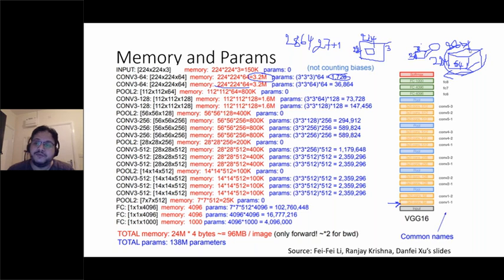At this output we have this activation map, and it's very small, as you can see: 7 by 7.